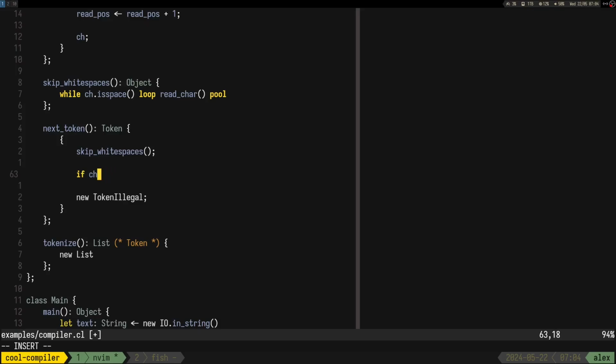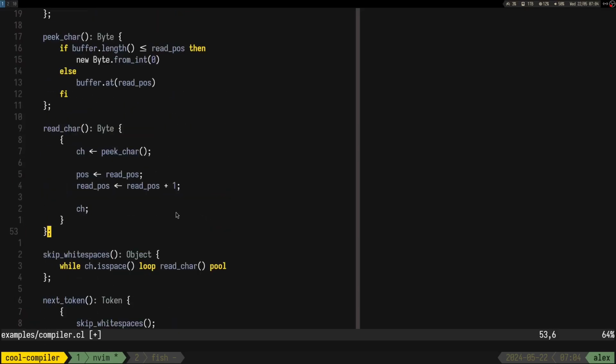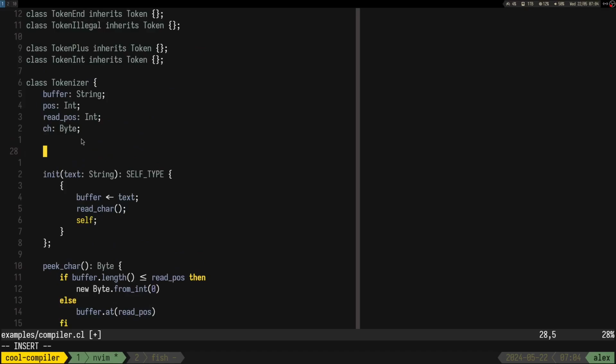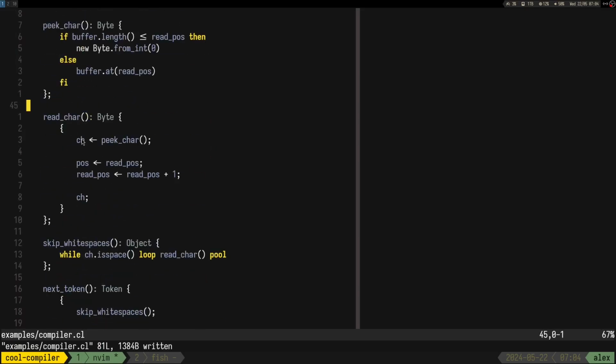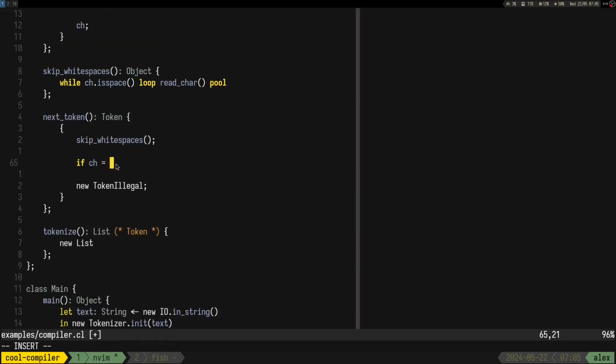But I guess the other funny thing that we can do is have something like plus is gonna be a byte, but it should be a new byte from string plus, right? And now we can compare it with plus.